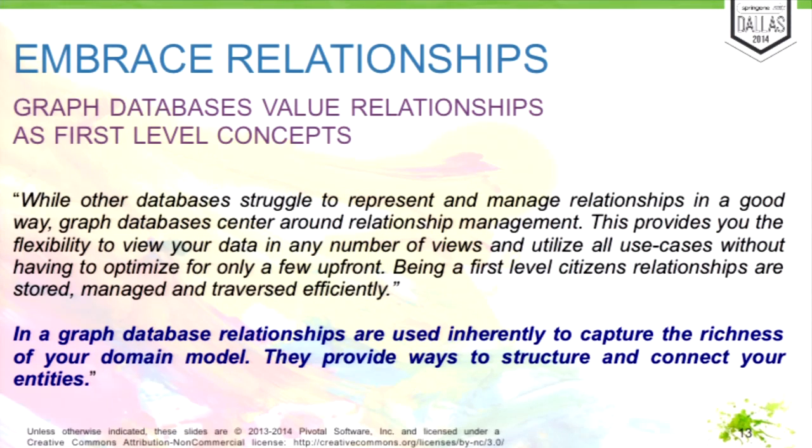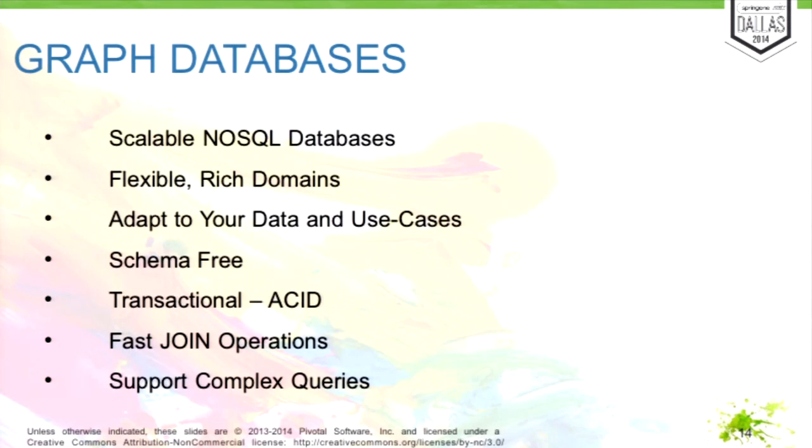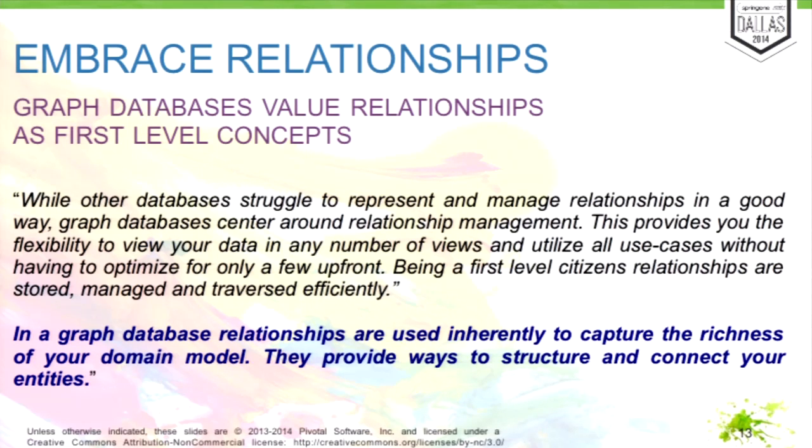So all the databases we had at hand have a really hard time dealing with a rich connected domain. And that's why graph databases take a completely different approach. They embrace relationships really as a first-level citizen in their data. So in a graph database, a relationship really has a data structure, a data record in a database.